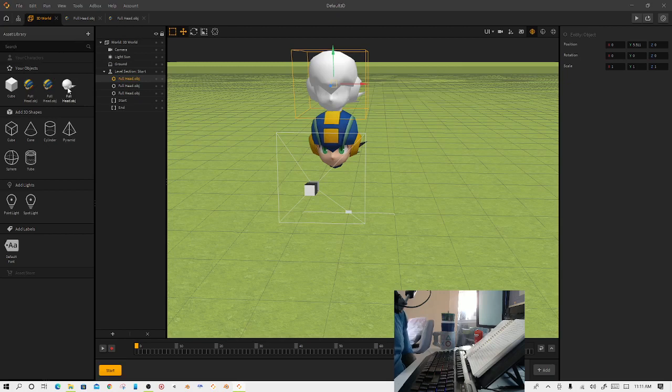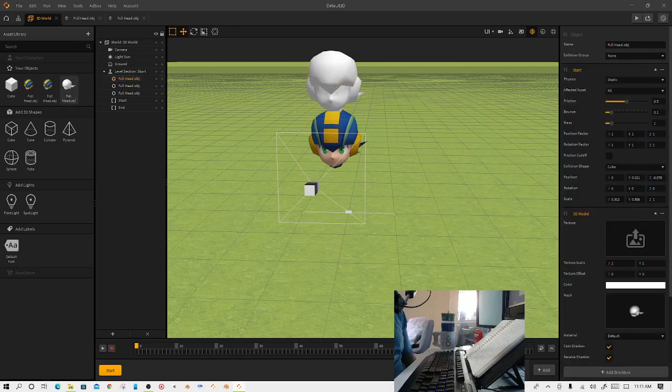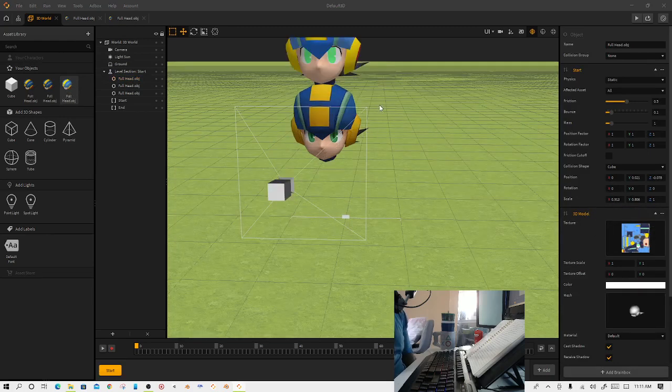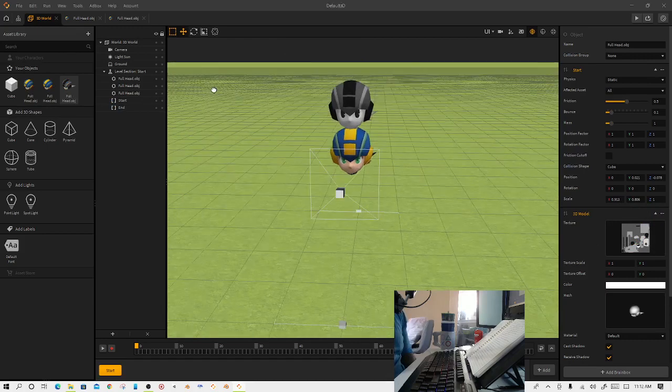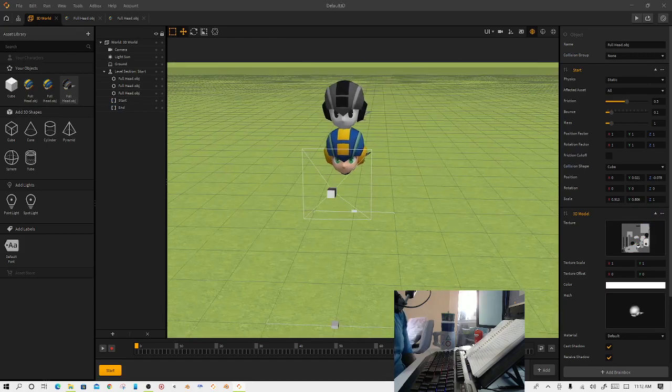Let's see if we get lucky. Oh, those are the alternate colors. That looks kind of cool. But I'm looking for a PNG with his eyes closed. Oh, the black and white? Okay. All right. It looks like